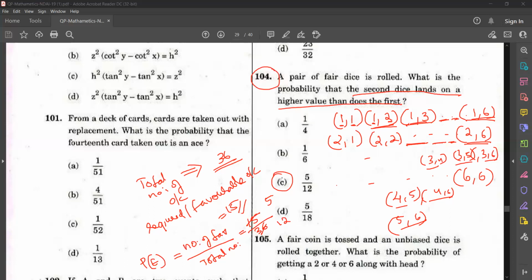Okay, so read the question, understand that clearly, then you will be getting the correct answer. So the formula for probability is, probability of any event is number of favorable outcomes by total number of outcomes. So this is a basic question based on basic formula. When we come to higher level of questions, you will be having conditional probability, etc. But this was a question purely based on the basic formula of probability. Okay, so let's go to the next question.